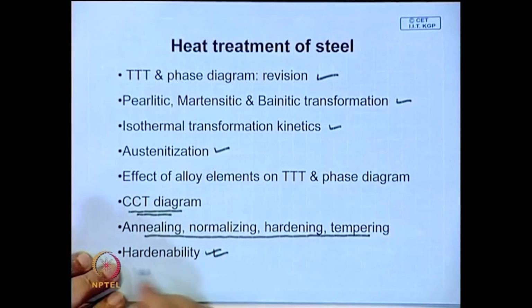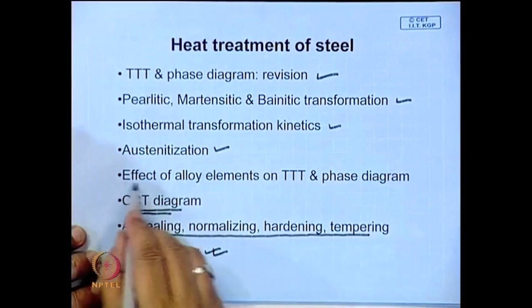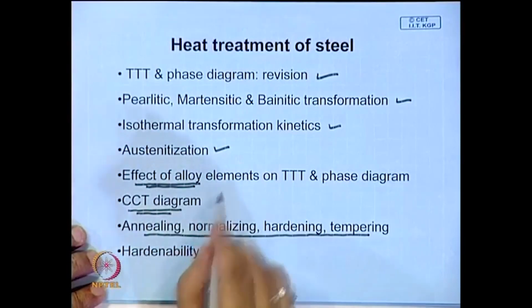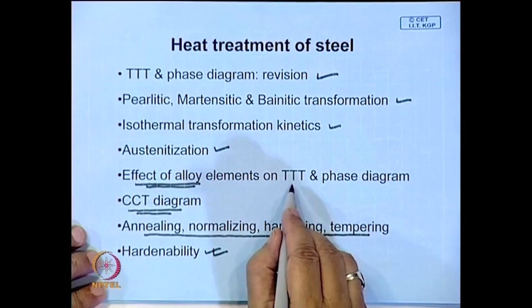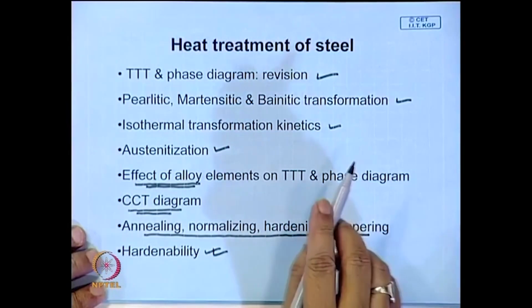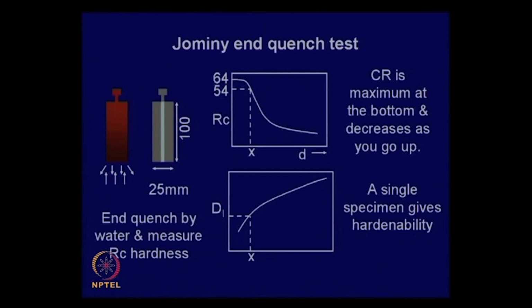Today we will see a little more on some important aspects of hardenability, and we will also try to look at how alloy additions, other than carbon, affect the transformation diagrams, both TTT, CCT, and the phase diagram. And if you try to recollect the previous class, we introduced the concept of hardenability, and it was told that hardenability gives you a measure of the